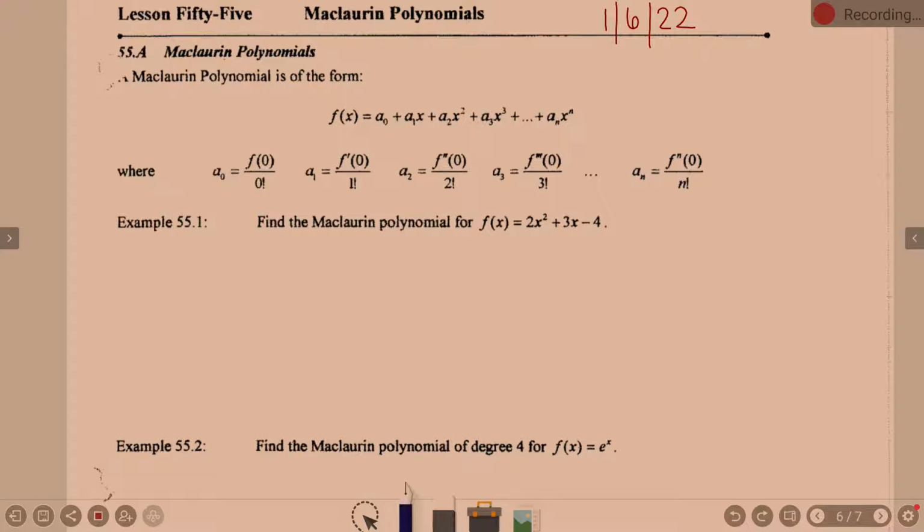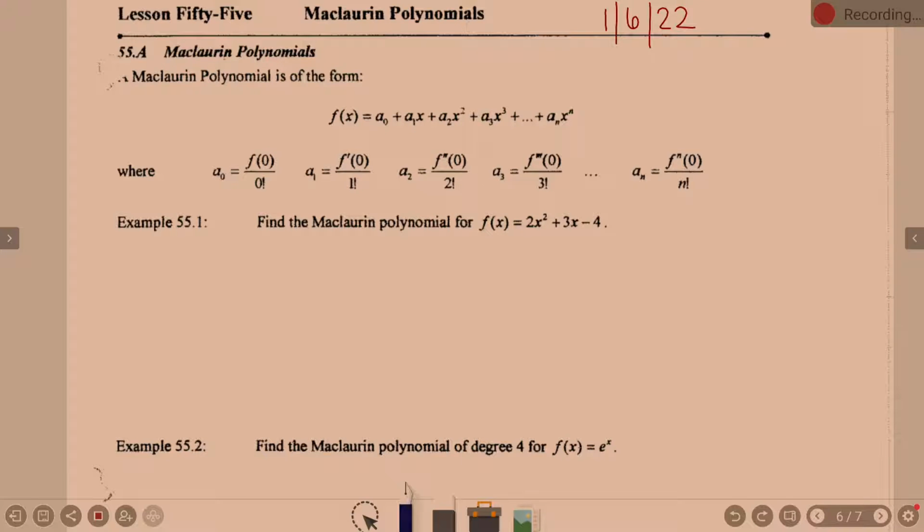Okay, lesson 55 is Maclaurin polynomials, which we actually briefly mentioned before break because you guys were doing some charts that you had to fill in the information. And I remember you guys had sine or cosine, and we talked briefly. So the idea of a Maclaurin polynomial leads into the thoughts of sequences and series, which series